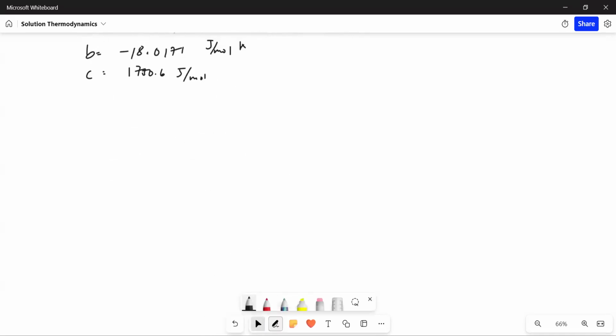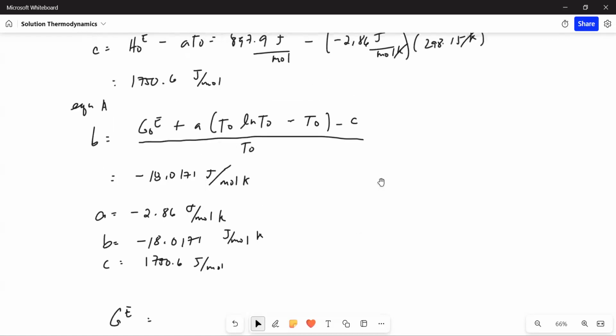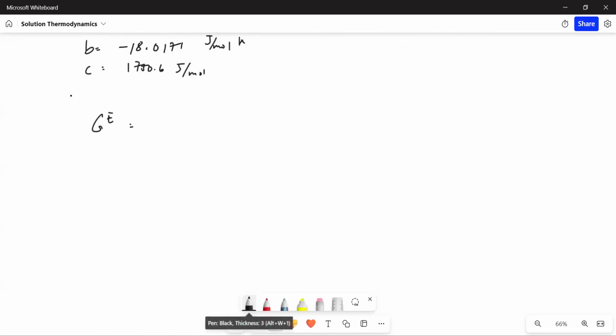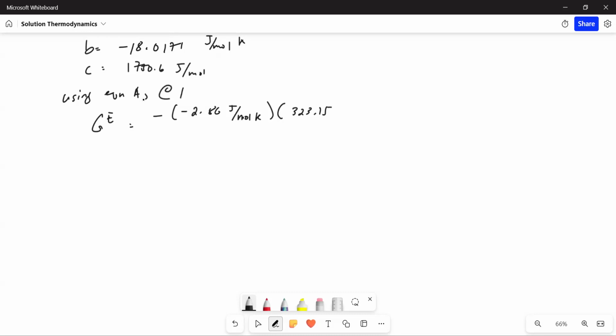For letter B, we're being asked for the actual values of the excess properties G, S, and H. Let me demonstrate for G sub E. Using equation A, GE, and now I'll directly substitute 2.86 joule per mole Kelvin, multiplied by, for the temperature, use the required temperature, 323.15 Kelvin,